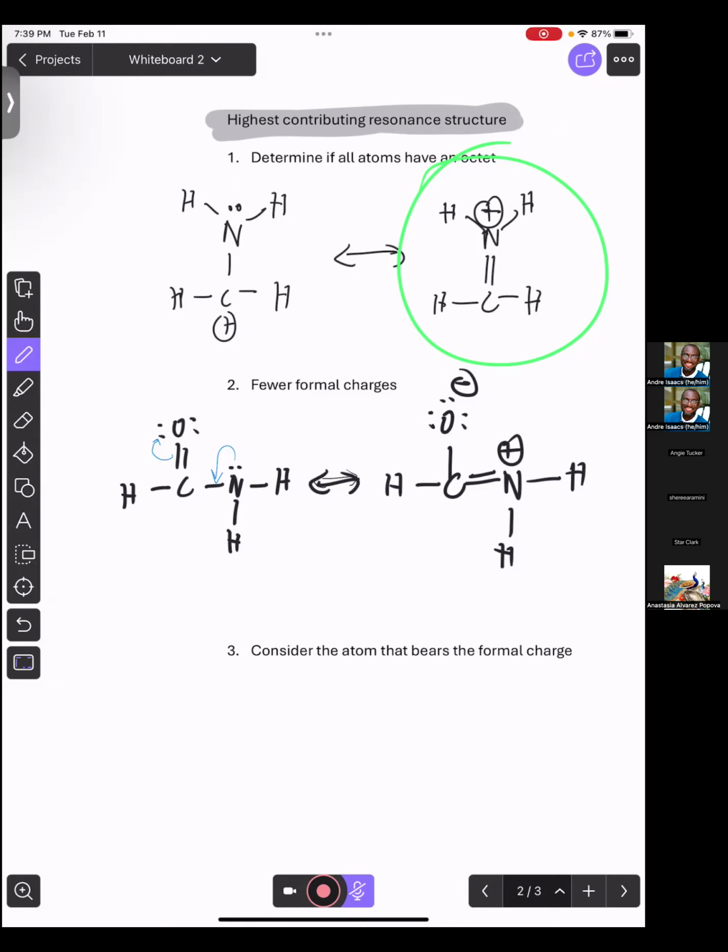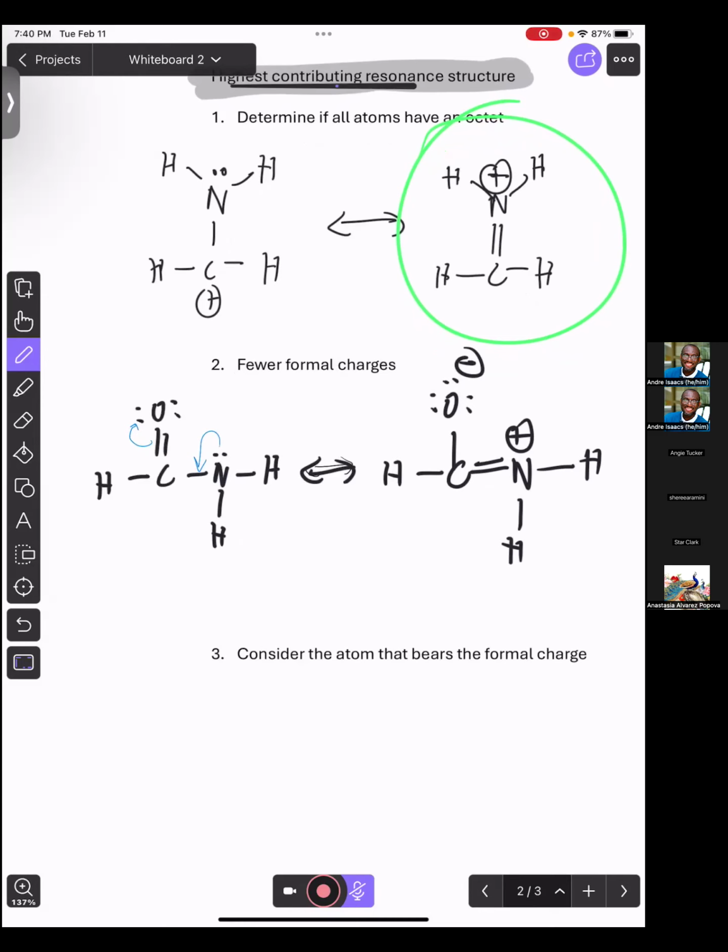So this is a good example of 2 resonance forms. So this is when we will check them. They all have 8 electrons. I'm pretty sure if you go through, all of the non-hydrogen atoms have 8 electrons in both of these structures, the one on the left of the arrow and the one on the right. So the first rule doesn't apply. So what is the second rule saying? The second rule is saying that